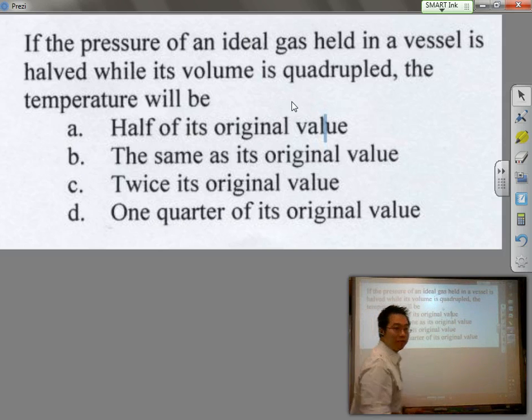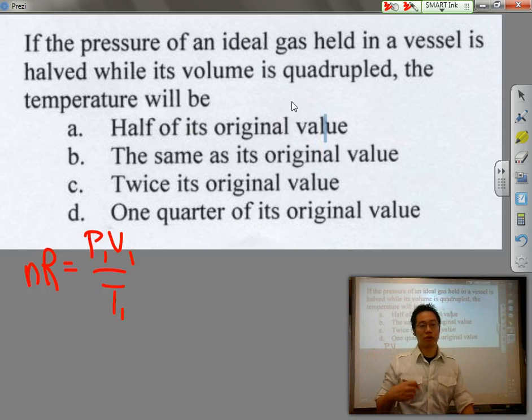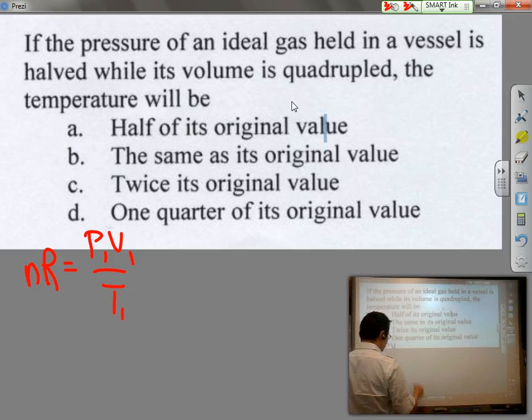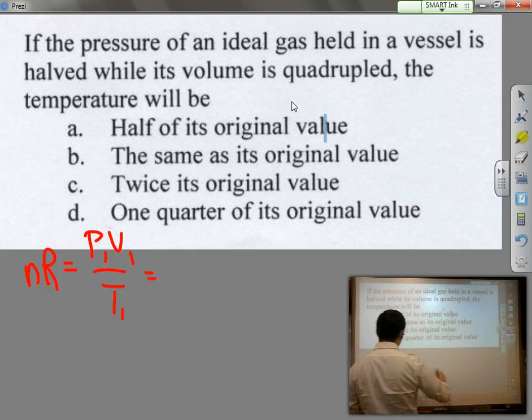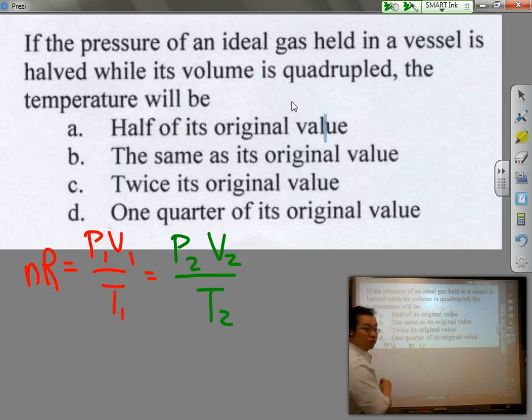Well, keeping in mind that nR is equal to P1V1 over T1, that's the original pressure, original volume, and original temperature. That has to be held constant, meaning that if we change a few variables and have it equal to P2V2 over T2, now if the pressure is halved,